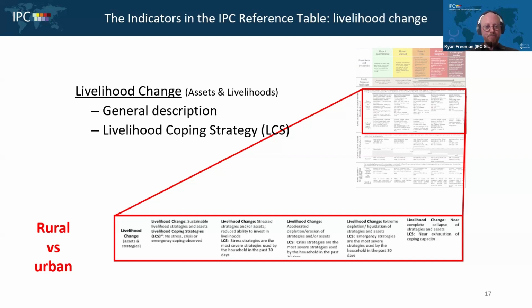It's been very helpful. So when we talk about livelihood change, this is where we want to talk about the assets and livelihoods that a particular region may have. So this is at the household level, and it's a general description of what's happening within the household when the household does not have enough food, or they're facing a food shortage. What do they do? And this is the discussion on livelihood change. So it's not about the food-based coping. This is about what do you do with your assets and livelihoods and all of the different type of asset classes to account and cope with this particular shortage.